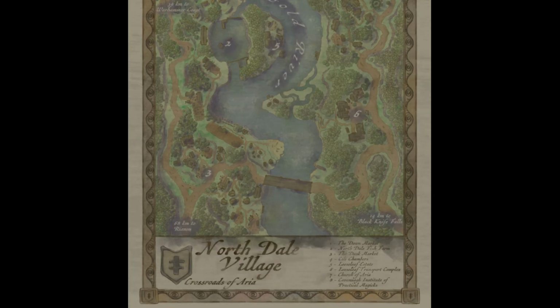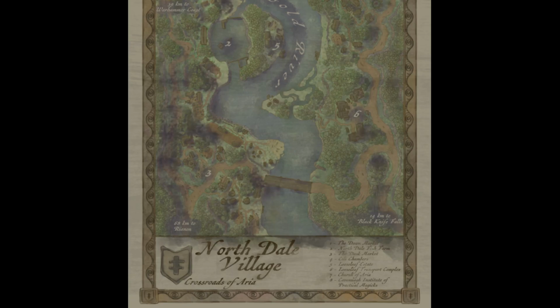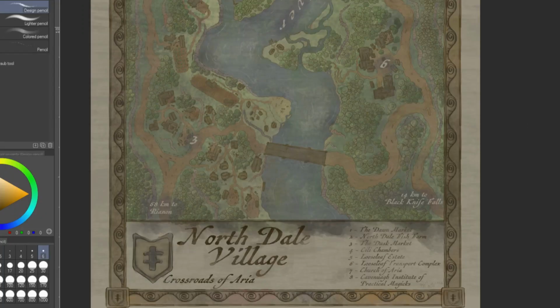I'm adding text finally. I'm not going to go into a lot of detail about the lore, I guess, of these names. I will probably get to that at some point in the future. They are connected. It's a thing. It's a whole big thing, but